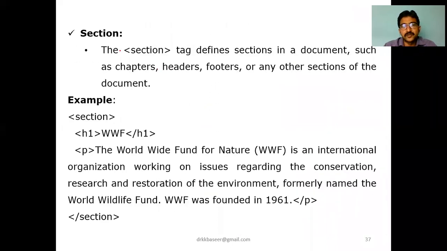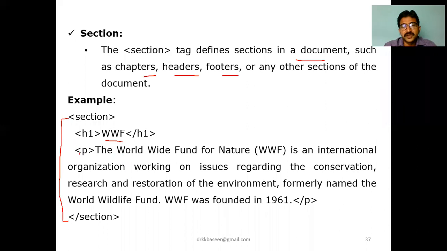Let me talk about the section tag. We use the section tag for defining parts of a document, like chapters, headers, footers, or any other sections we can define. For example, in the example over here, this is the section starting and ending, the opening tag and closing tag. Under this, we are starting a WWF. What actually is WWF?